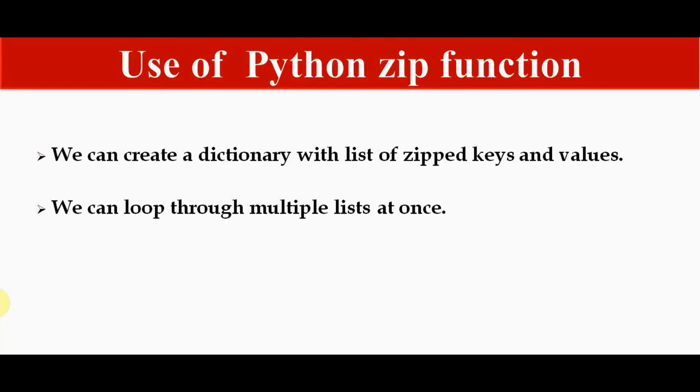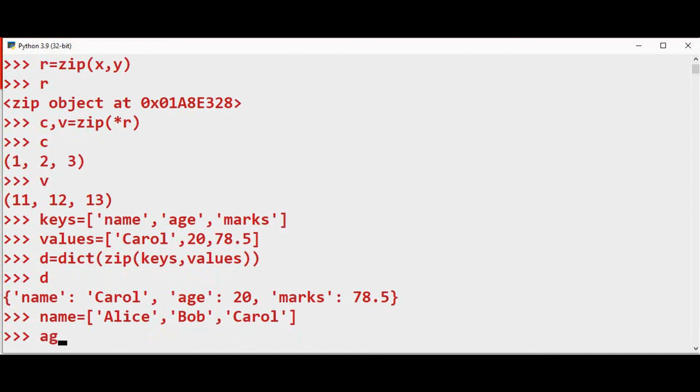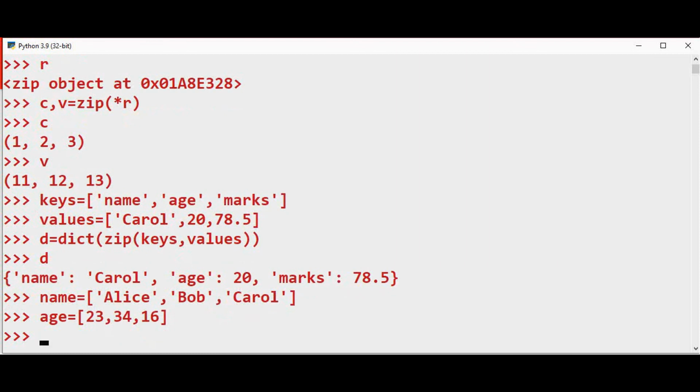Another use of the zip function is that you can loop through multiple lists at once. We'll take another example. I have a list called name which contains 3 names, and their corresponding ages are stored in the age list: 23, 34, 16. Now you can loop through this using the zip function.